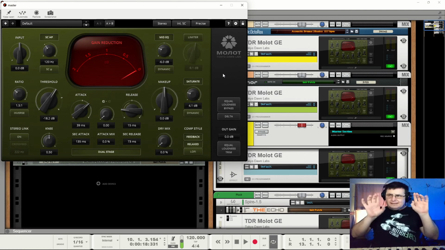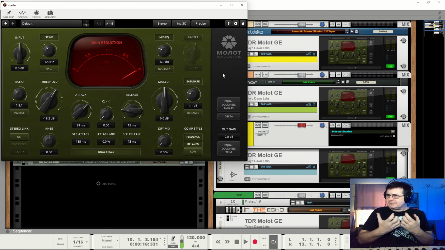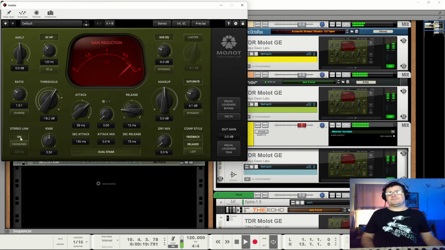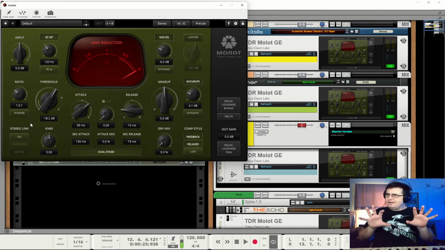Then we can get a little sparkle, and that can be nice. But any more than that, and you're just drawing attention to things that probably you shouldn't be drawing attention to. So if you're unsure, leave the stereo link on. But if you're open to it, and you're using very small amounts of compression, try unlinking them, see what happens. But step back, see if it sounds more dramatic just because it's doing that, or if it sounds more engaging as a whole piece.